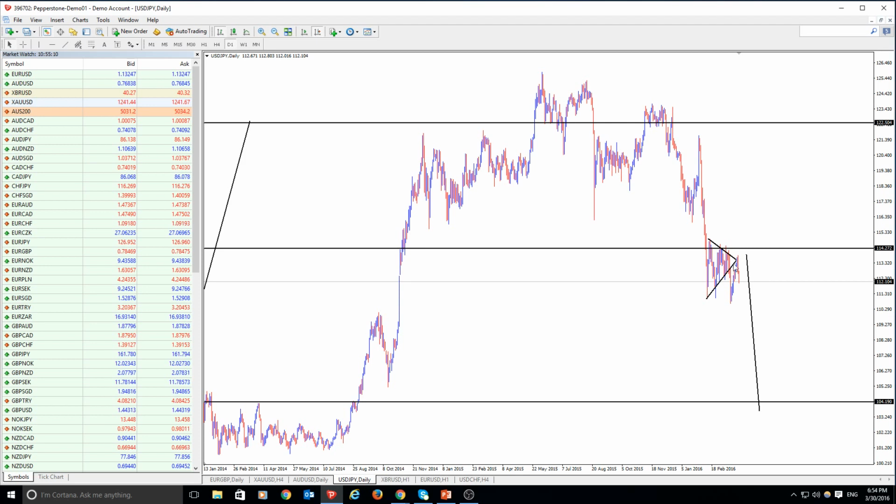So it really came back, and our confirmation entry was here. Yeah, so it really came back and tested. Anybody who got greedy on that trade is out of this trade now. So it shows the importance